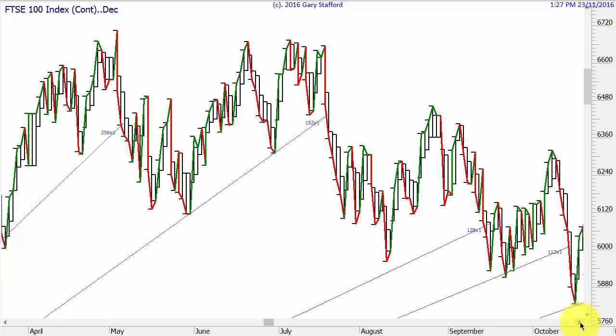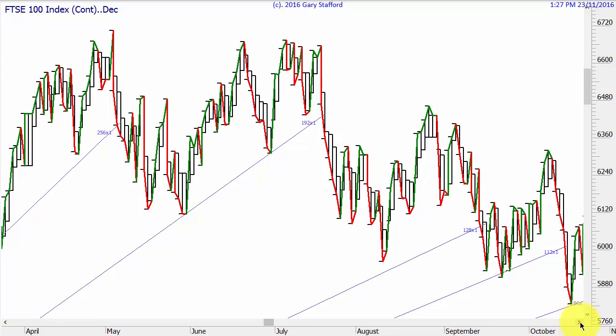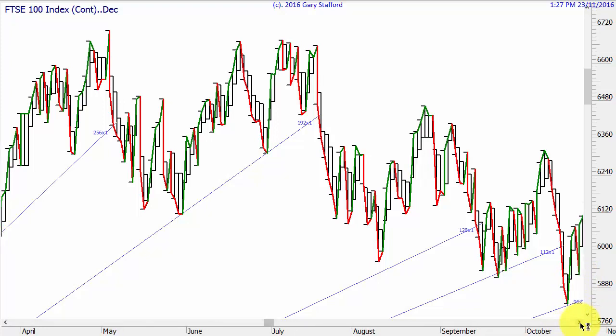Next day we went up, so still happy. Next day we went shooting down and then shooting back up again in the same day, and it got very close to my stop loss, but it didn't reach there. Now I think I kept my stop loss at break even at that stage. The next day it went up, so I probably moved it a bit closer to that low, but I can't remember now, but probably because of the trend indicator line bottom, even though it's an outside day.